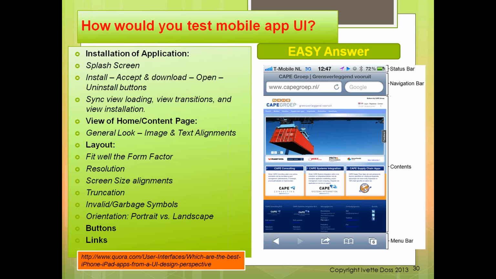Suddenly, in the middle of nowhere, it will be empty boxes or something. It's all considered invalid garbage symbols, and it's a very common thing, specifically in the early stage of application or program development.